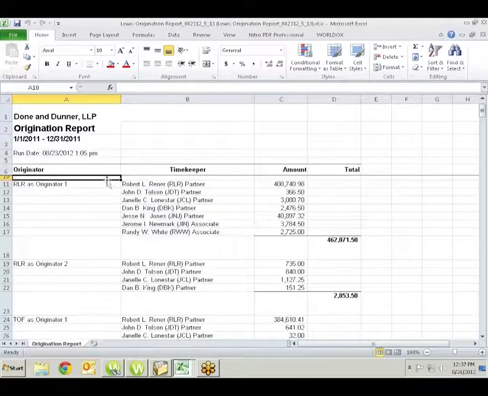This is the same client, Dun and Dunner, aren't I clever, where we want to take two originators by matter, be able to keep track of what percentage of origination they get, so you can have one person getting 70% of origination and the other getting 30%, and then show how much they originated for those two different types of matters. One's a client-based origination, one's a matter-based in this example, and then who did the work. So what this shows is that for Robert L. Renner, who is RLR, working as originator 1, he brought in $462,000 for this time period, and here's who did